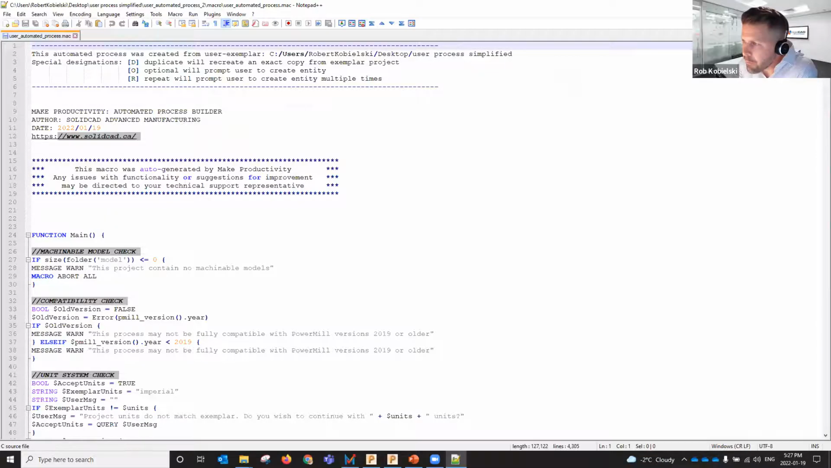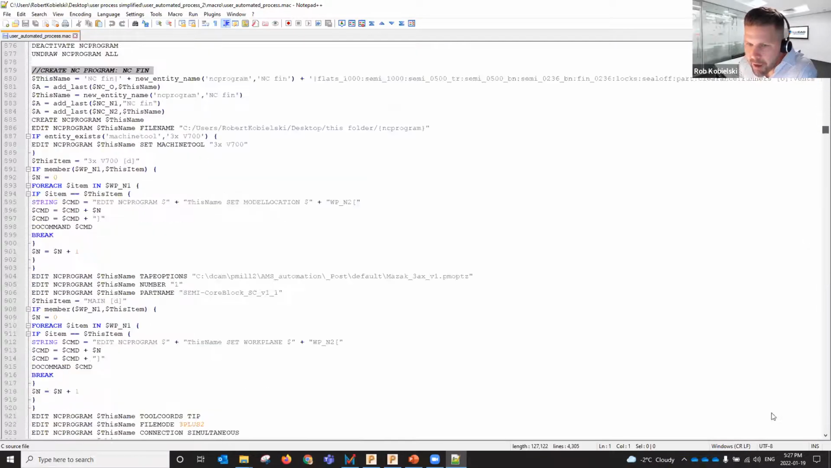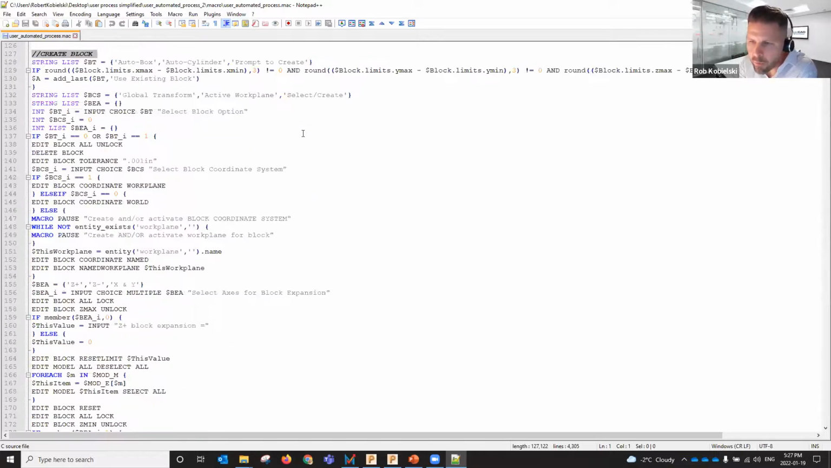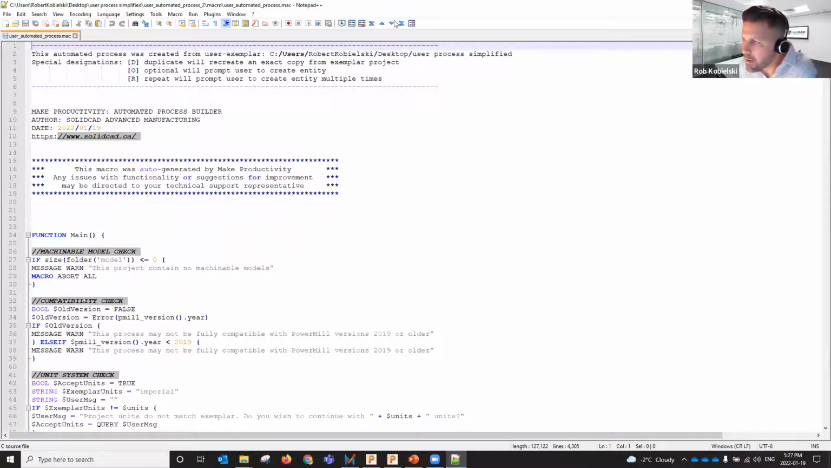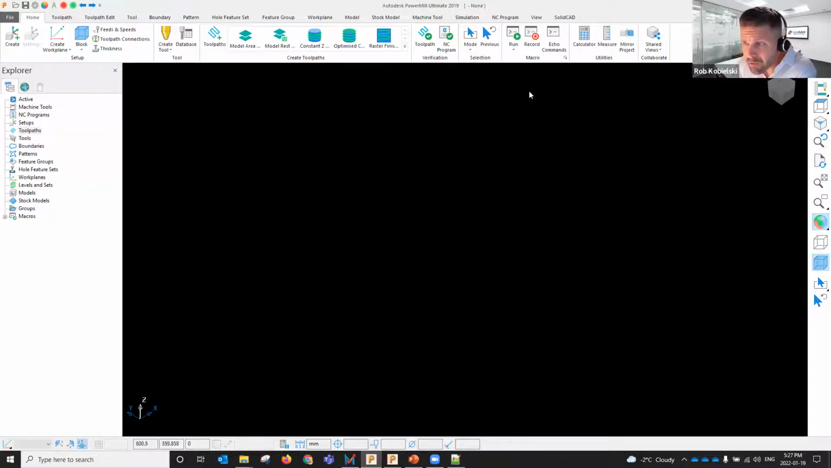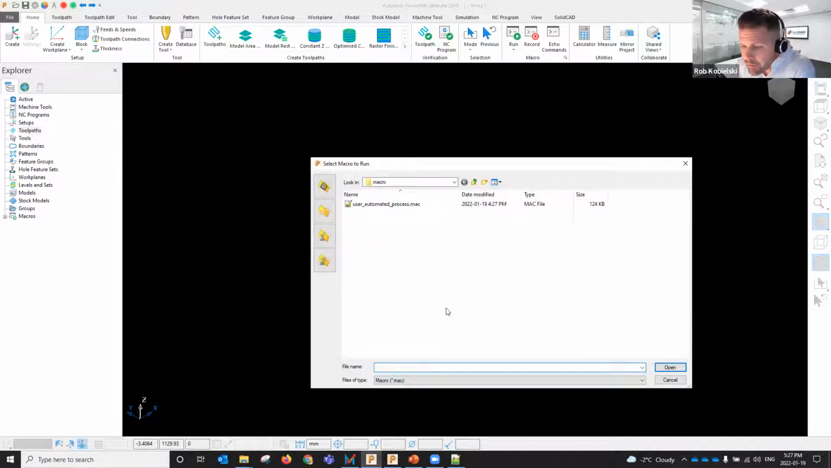This is probably a 4,000 plus line macro, but it is made to completely replicate your project on new models. So I am going to do that right now. And in fact, I'm going to do it in an older version of PowerMill 2019 in a different unit system, right? My source unit system was inch. I'm going to run this thing in metric